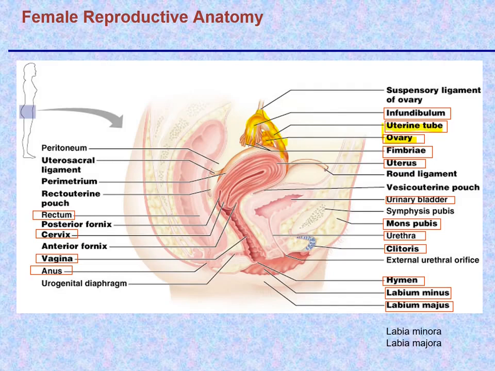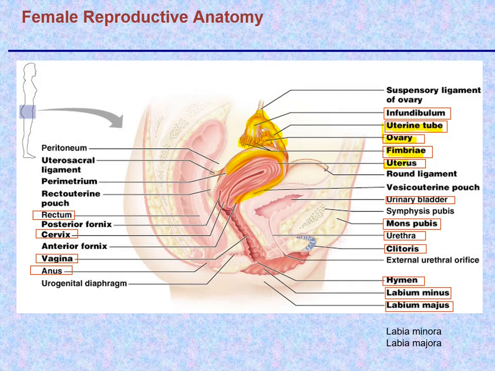And the uterine tube leads to the uterus; the beginning of the uterine tubes are these finger-like projections called fimbria. And then you have the uterine tube, and that joins into this structure here, which is the uterus,